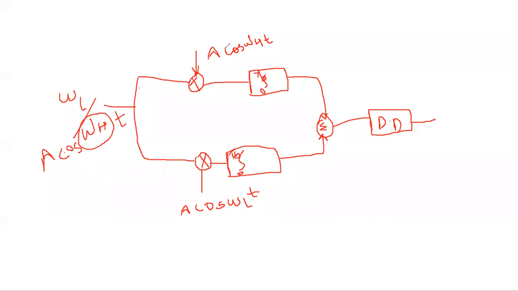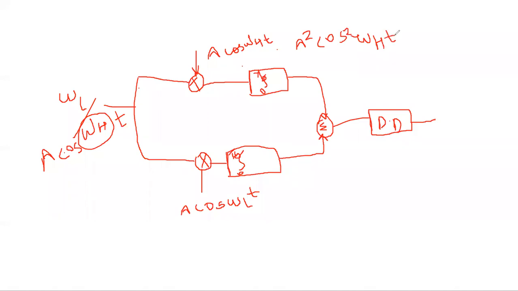It is given to both the branches. In the upper branch, there is an omega h component. So the output of the upper branch for this input, the logic level 1, will be A squared cos squared omega h t, as both the components are the same, omega h and omega h. That is, omega h is given as an input, so it will be a square term at the output of the multiplier.